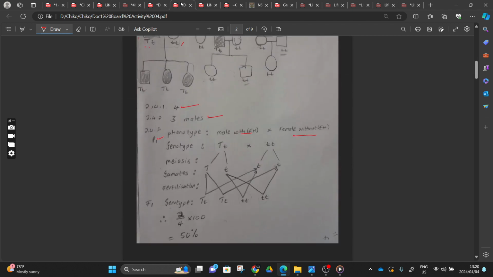Female with FH, and the genotype, it was fine. Then the meiosis, it was fine. Genotype gametes, it was fine. And then after that, fertilization will take place. As you can see, he even followed our